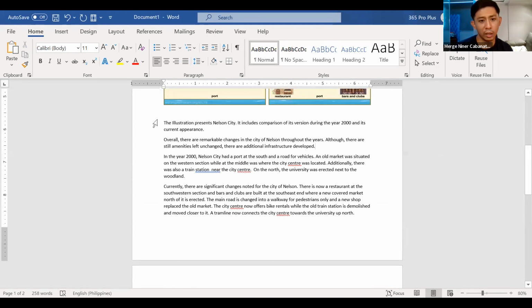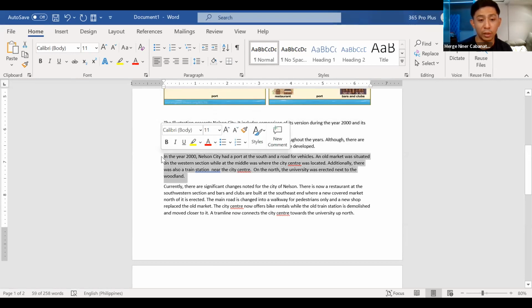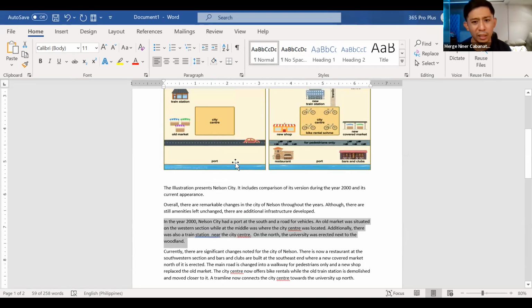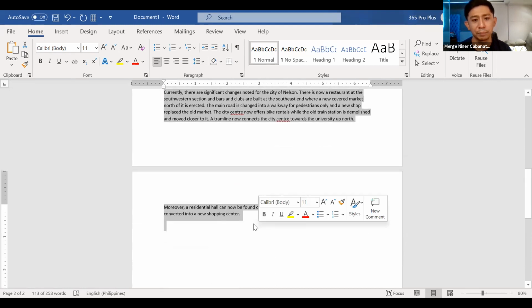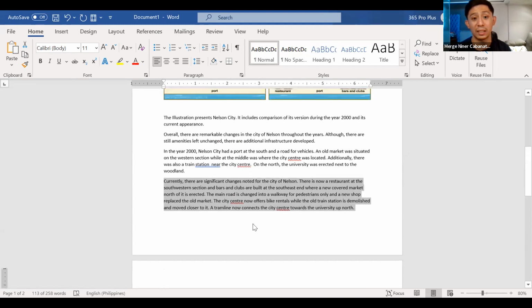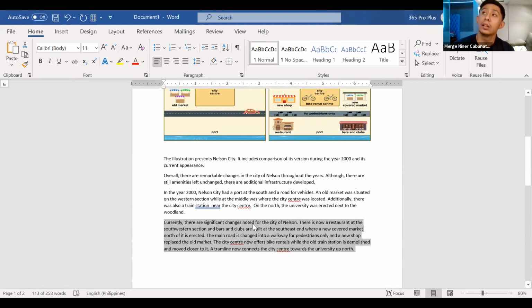When it comes to the presentation, technically, the introduction is short, the overview is 2 lines. I have 4 lines for my specific details. There are not many amenities. But because there are so many changes happening in the current Nelson City, that's why I used 7 sentences. So the 2 to 5 sentence